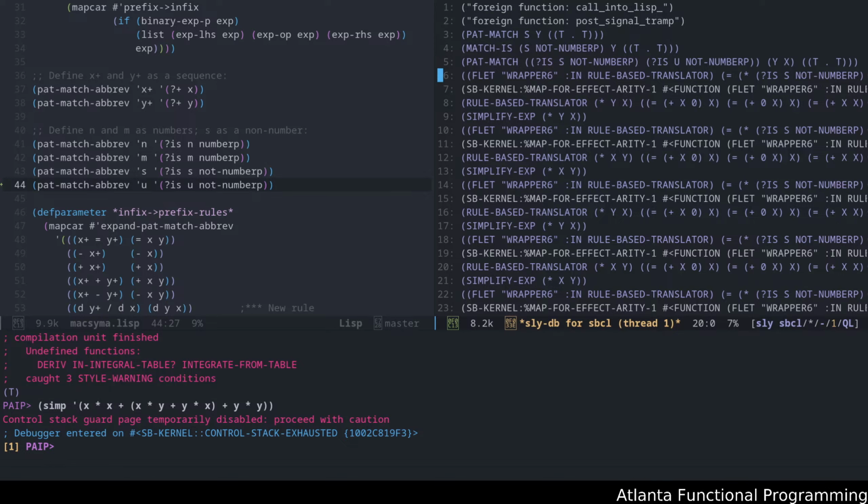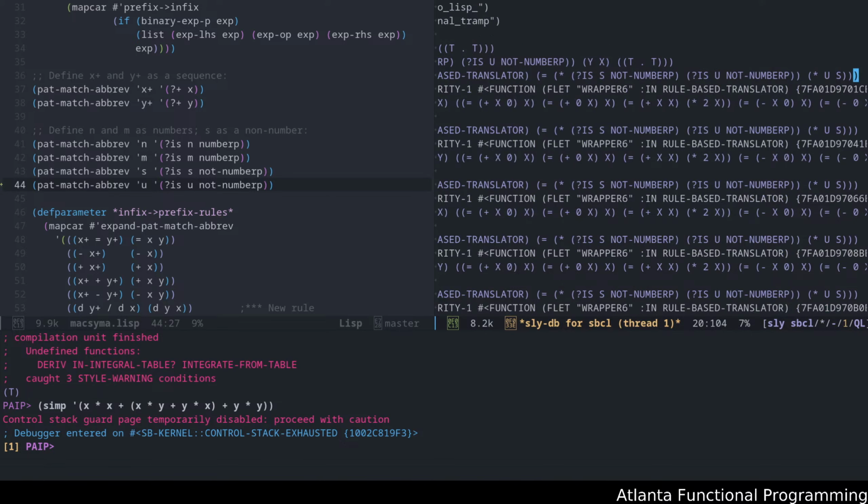In rule-based translator. Times u not a number p. So